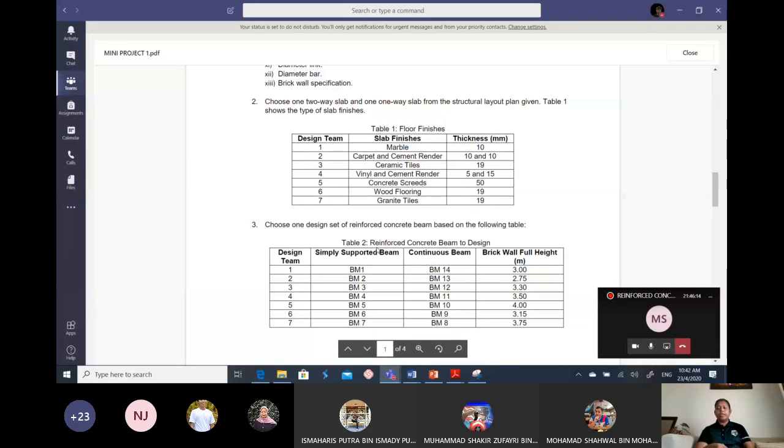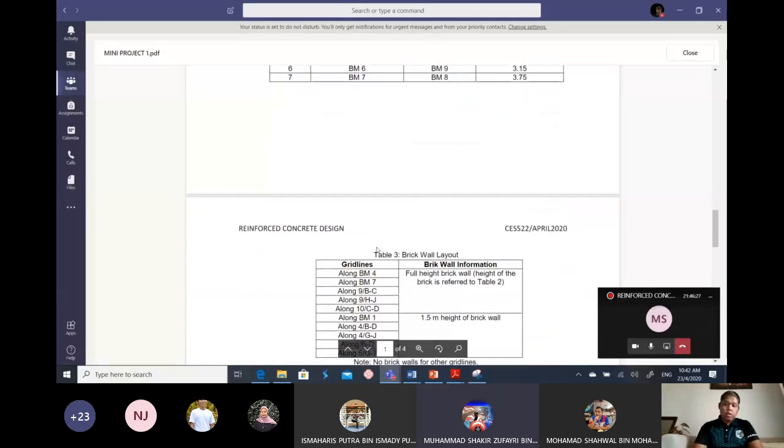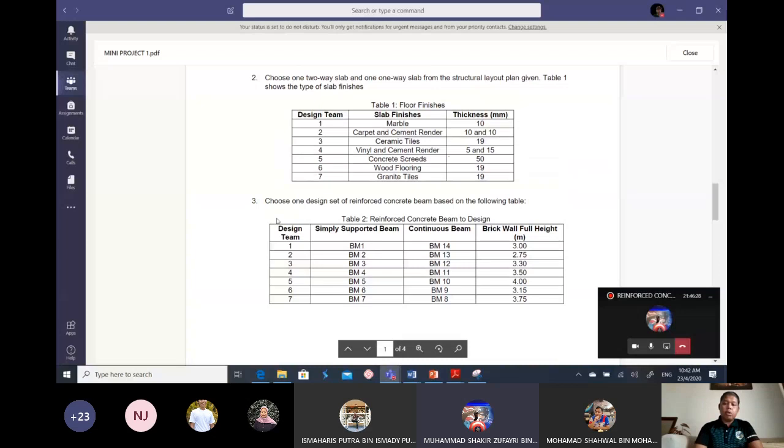Okay, so later you make your own group on WhatsApp so that it will not be redundant and you will not have the same part that you design. Each group will have something different. Okay, so this is for designing which beam you have to choose for simply supported and